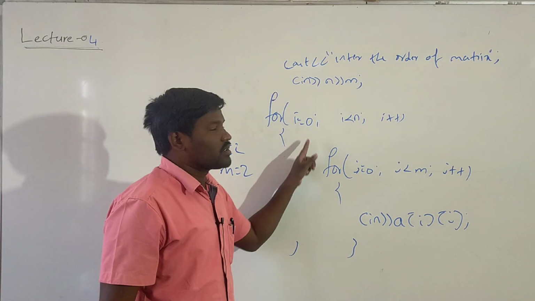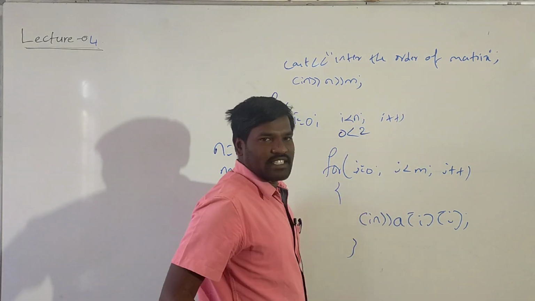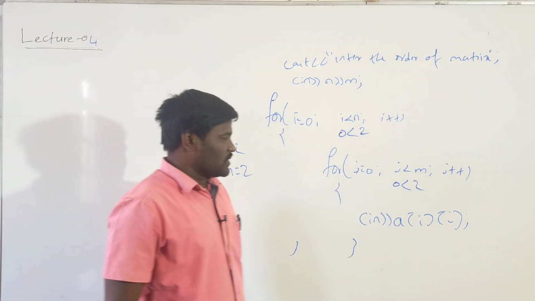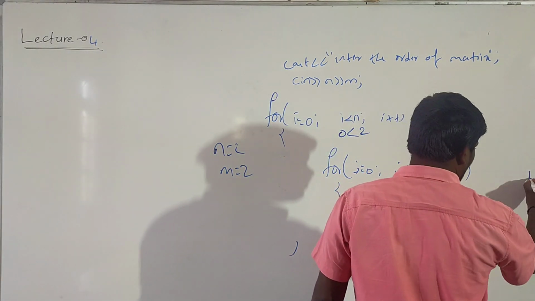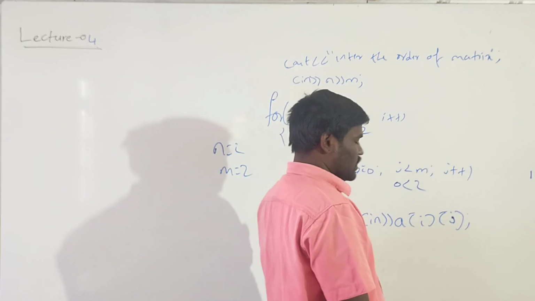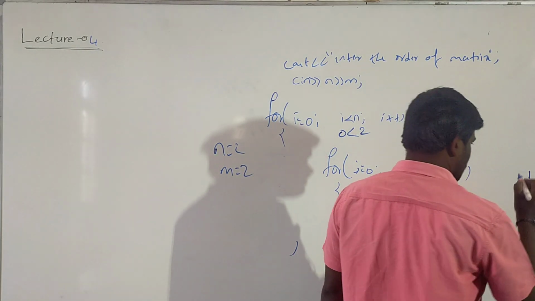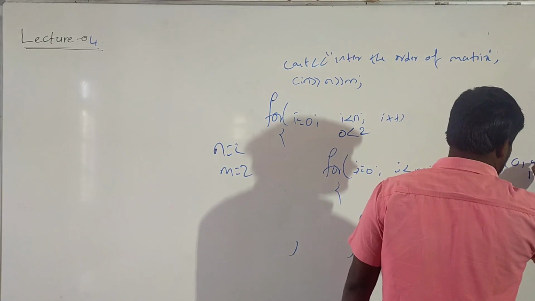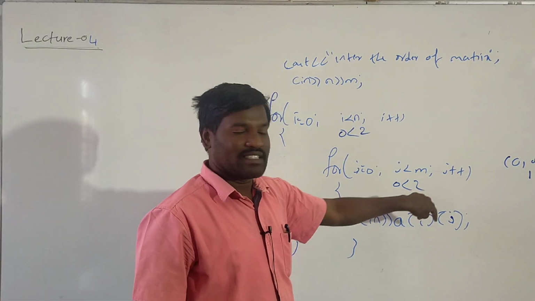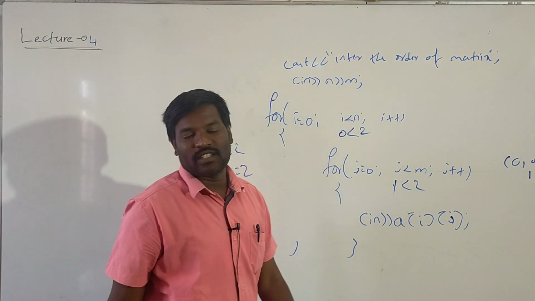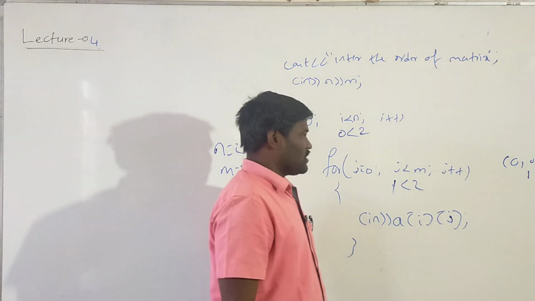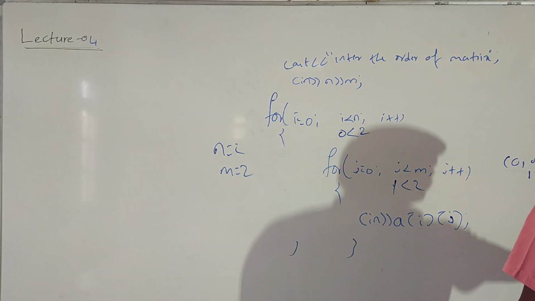See here, I is equal to 0, 0 is less than 2, condition is true. Here j value is 0, 0 is less than 2, again condition is true. So I can enter 1. 1 is stored in a of 0, 0. Next the loop will continue. j plus plus, j becomes 1. 1 is less than 2, condition is true. Here I value is 0 only, but j value is 1, so the position is a of 0, 1.